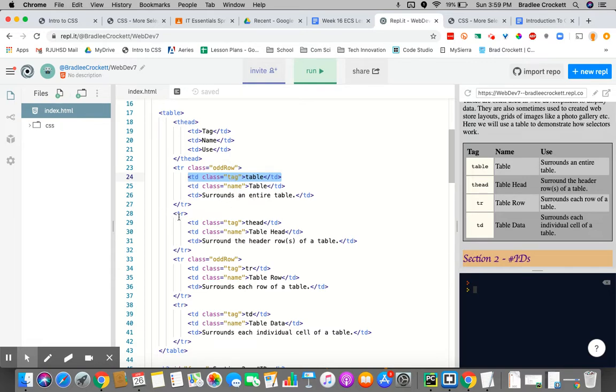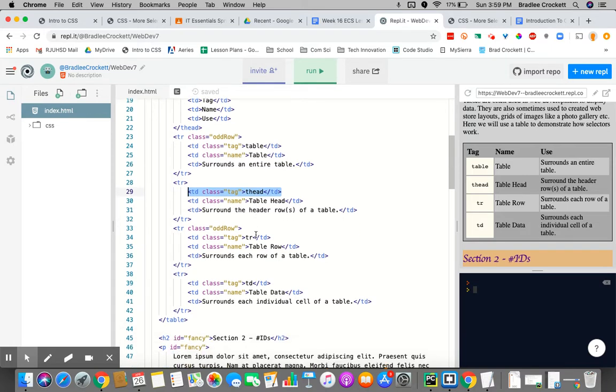And in my second table row, I'm going to give the first element a tag class. In the third row, I'm going to give the first element, the tr, a tag class. Since I gave all of these elements an attribute of class equals tag,